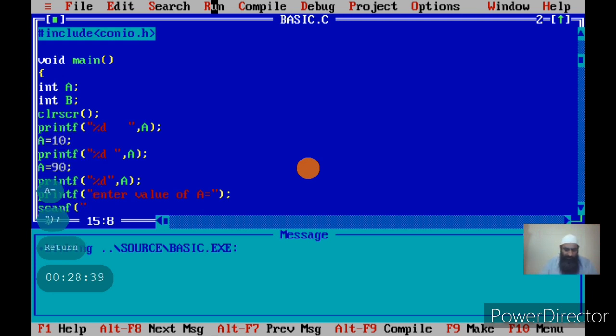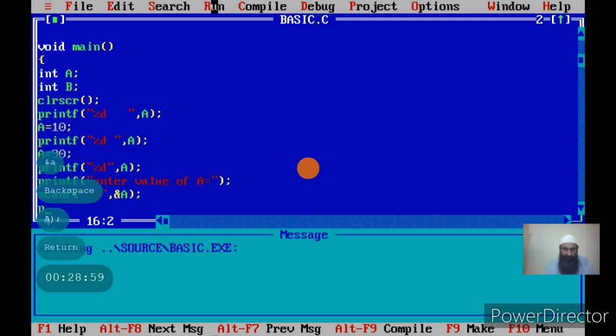First we give the format specifier because a is an integer. Then we give the name of a variable, but before the name we have to give ampersand sign, and after that we'll print the value of a.